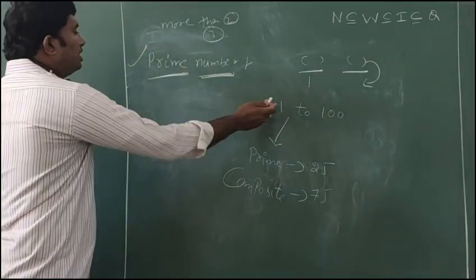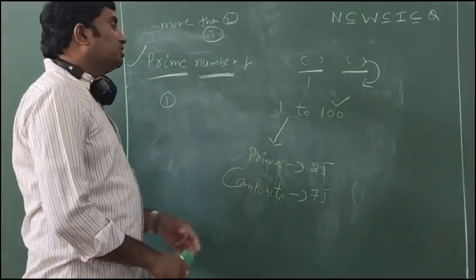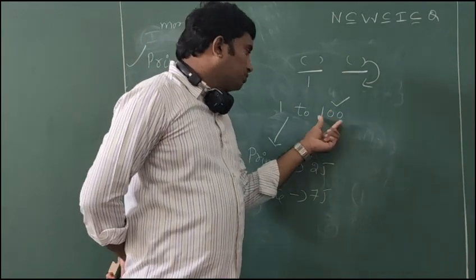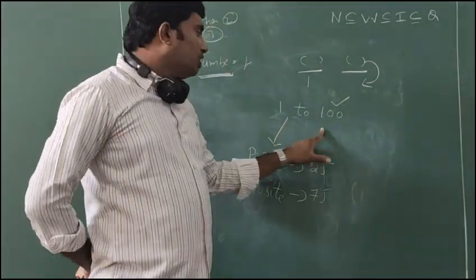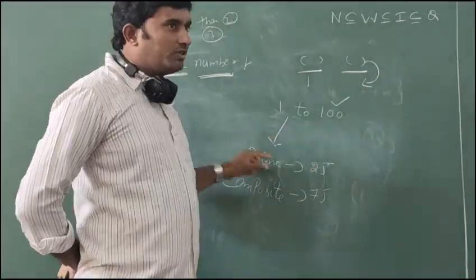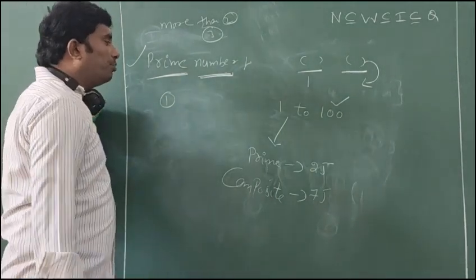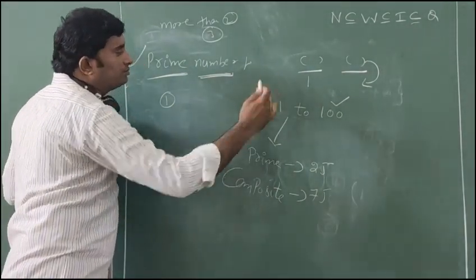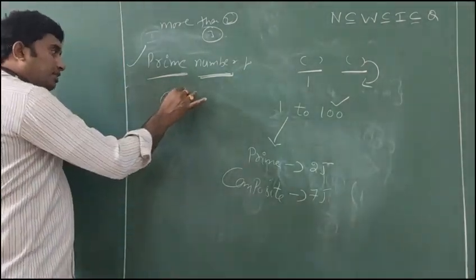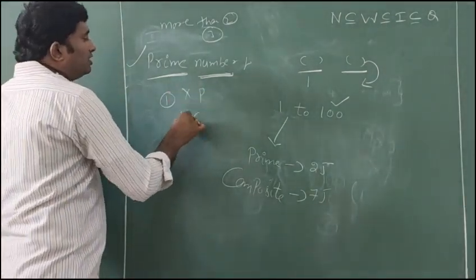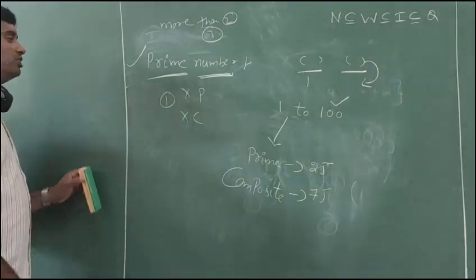And what about the number 1? First, 100 is clearly a composite number because it has more than two factors. 1 is a factor, it is also divisible by 2, so 2 is a factor, 4 is a factor, 5 is a factor, 10 is a factor. So it has more than two factors, then 100 is a composite number, leave it. Then what about 1? 1 is divisible by only 1. It is neither prime nor composite number. So only 1 is neither prime nor composite.